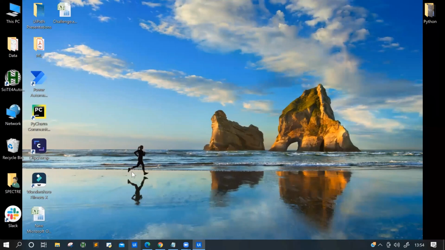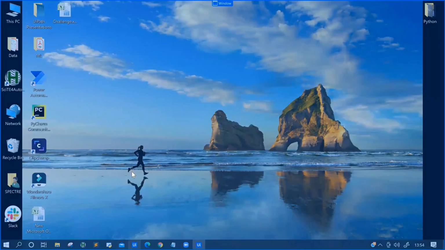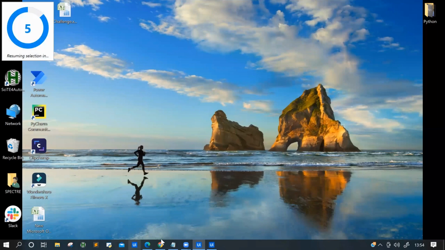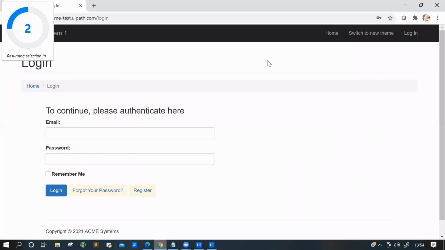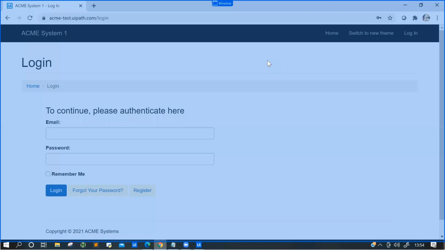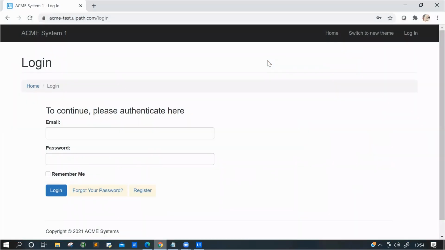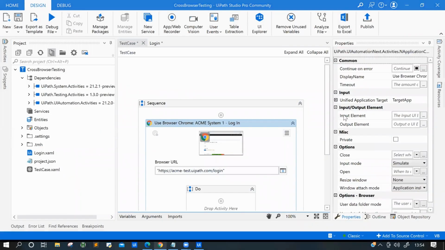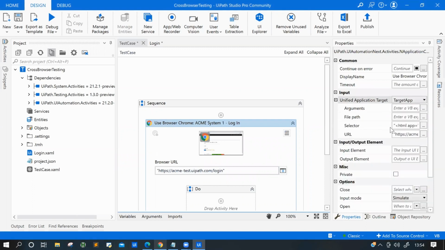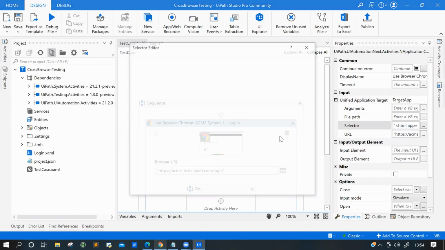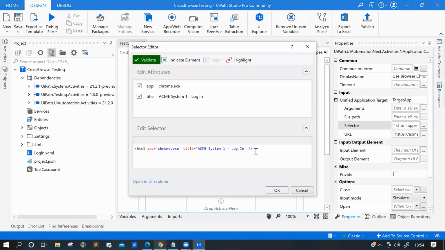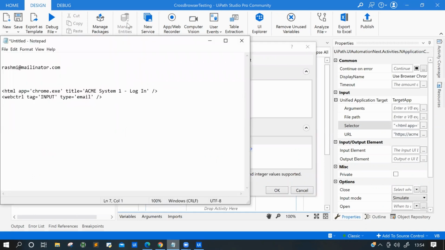And the moment I indicate the application, I just want to see what the selector basically is. If I'm indicating this with Chrome, it will give me the selector https chrome acme login. You can go ahead and copy this, and I think I already have this in my notepad.